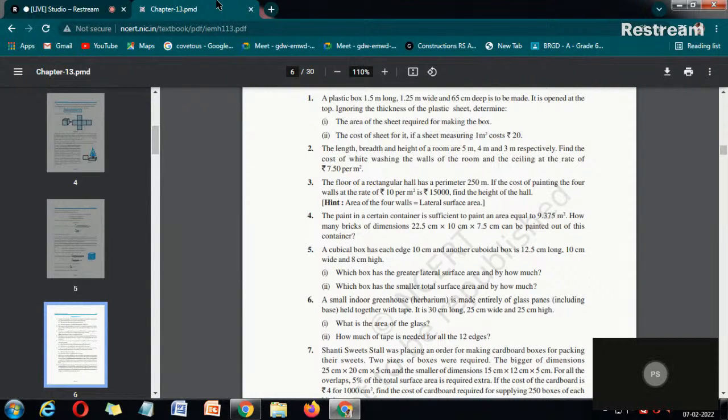65,375 meters square. Now you have to find the cardboard required. Till here it should be written in columns, but from here: cardboard required equals 3 lakhs 8,625 plus 16 lakhs 53,075. You have to add the cardboard required for the small box and the big box. You need cardboard not only for the small box or the big box, you need it for both of them, so you have to add for both of them. So you will get